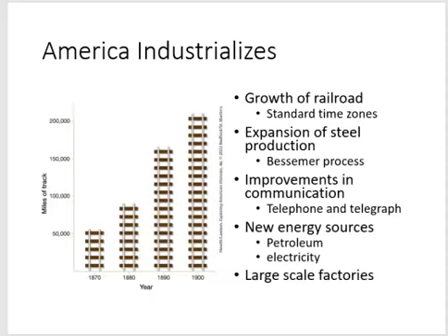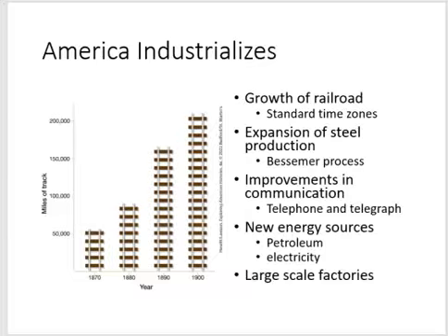Innovation. Industrialization was powered by new inventions and technologies. You're going to read about these: the Bessemer process, which made steel cheaper and faster to produce, the telephone, which transformed communication, office tools like the typewriter, which increased efficiency, electrical lighting, which allowed factories to operate longer hours and into the dark, and then petroleum, which became a major new energy source. And inventors like Nikola Tesla and Thomas Edison all played huge roles in this transformation.